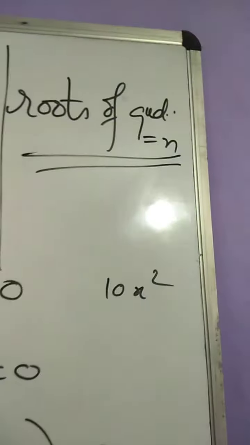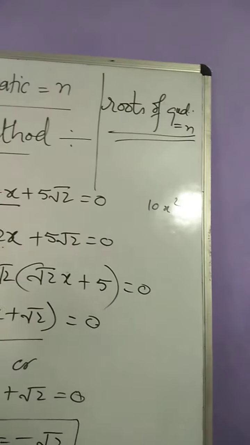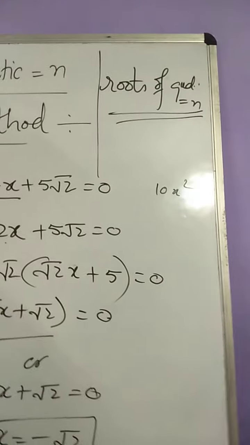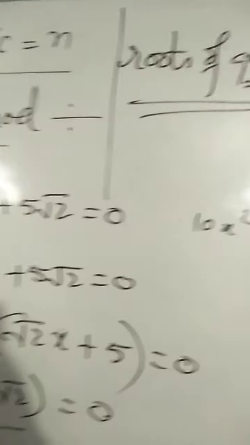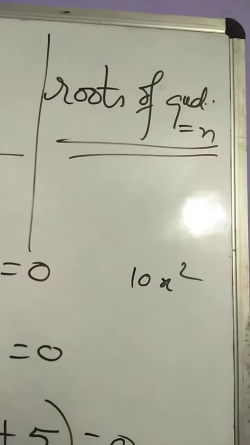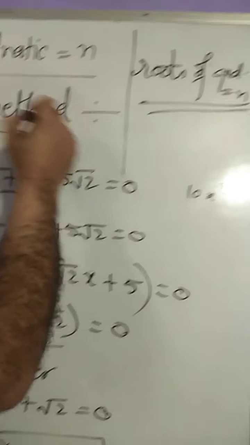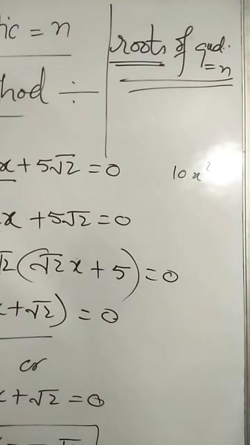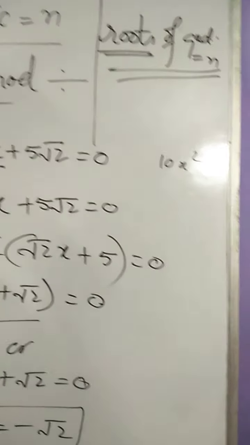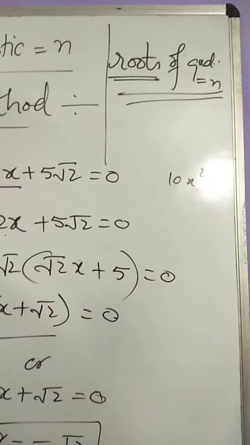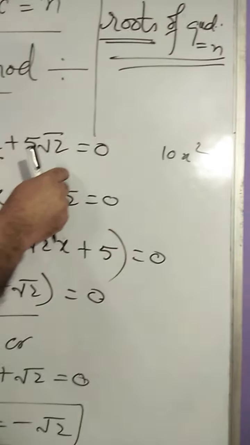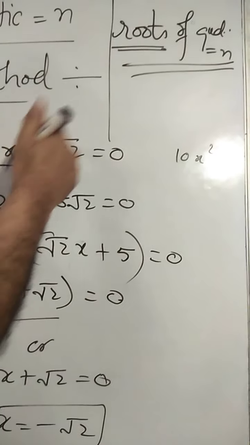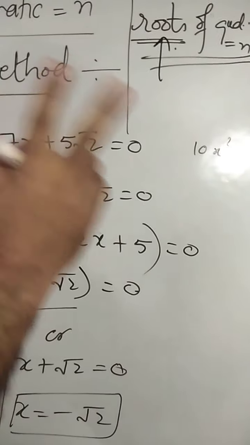Now in case of polynomial, if you remember, we were finding the zeros of the quadratic polynomial, right? So what are the zeros? Zeros of a quadratic polynomial are those values for which the polynomial is 0. In case of an equation, the same zeros are called roots of the quadratic equation. If it is the polynomial, the name is zeros of a quadratic polynomial. But when we are talking about an equation, only the name changes: there they are called zeros and in the case of an equation they are called roots. So there are two roots of a quadratic equation.